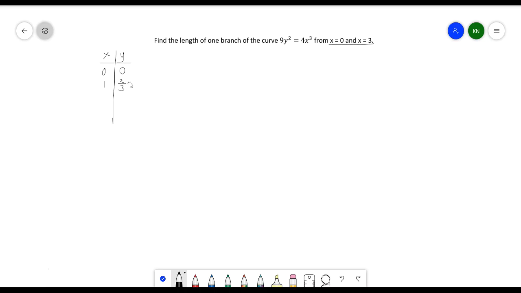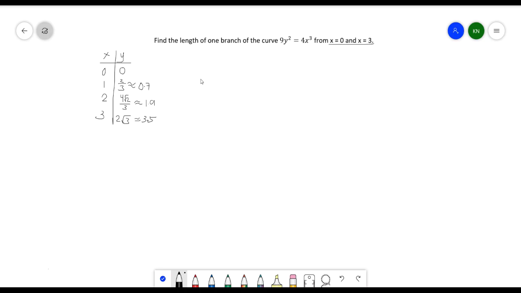2/3 or approximately equal to 0.7. And if you substitute 2 to the value of our x, we have 4 square root of 2 over 3, which is approximately equivalent to 1.9. And finally, if you substitute the value of x by 3, y is equivalent to 2 square root of 3, which is approximately equivalent to